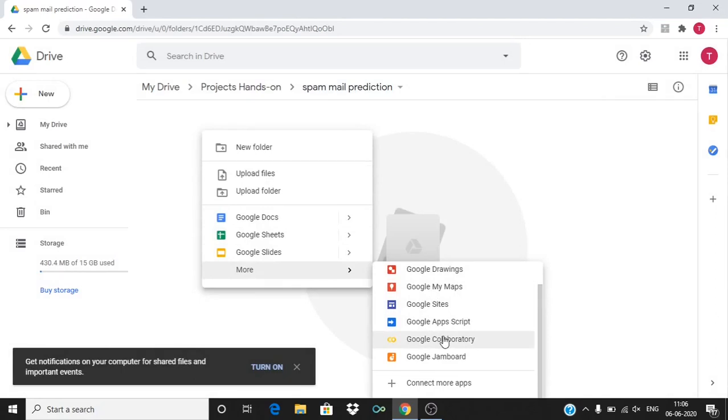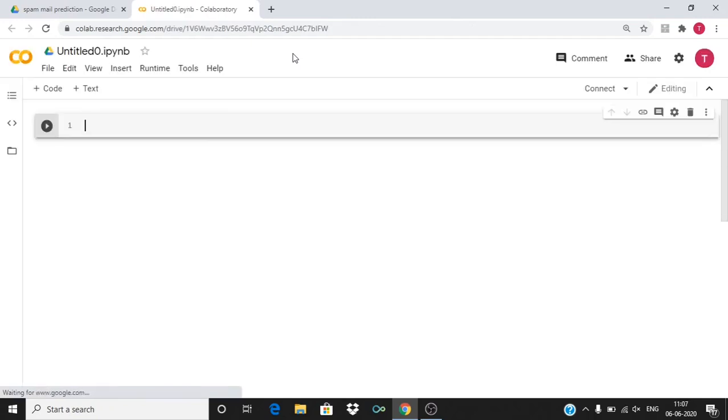When you click this, the Google Colaboratory web page opens. This will take a few seconds. This is where we will be doing our Python coding. This is basically a virtual server, so the code runs on these virtual machines. I'll go ahead and connect this. Basically this environment gets connected to Google's backend servers.